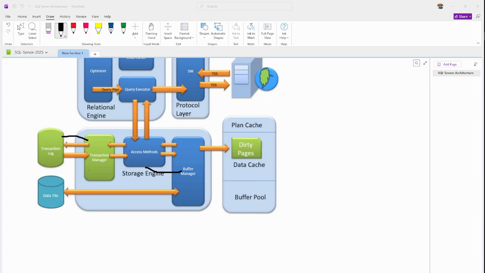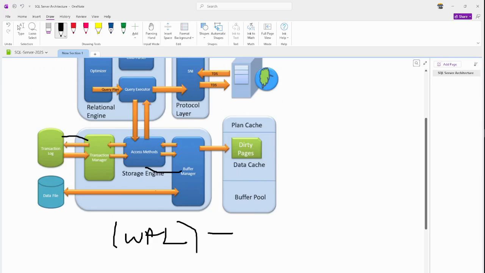This concept is known as write ahead logging, or WAL. This is how it works together to ensure that data isn't lost during a crash. If there is a crash, the data should not be lost. And to keep the server running fast,